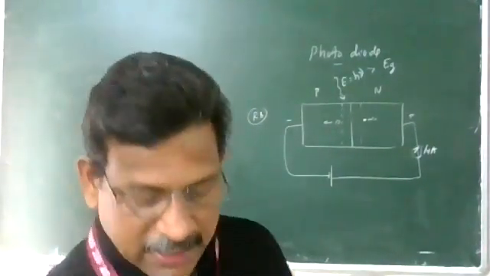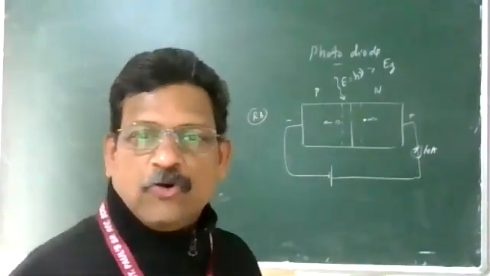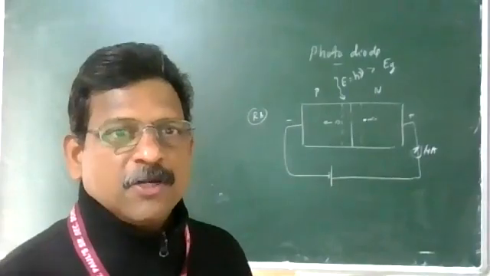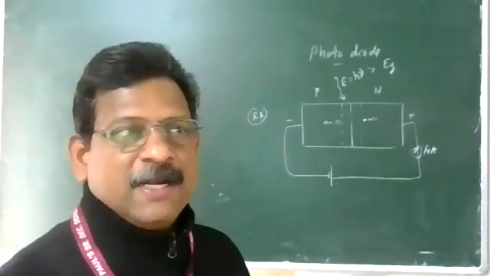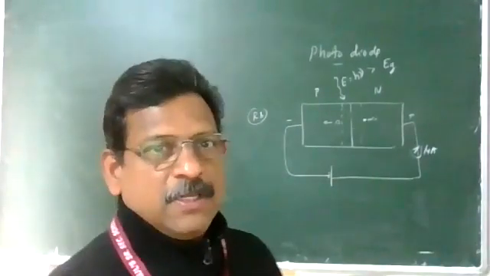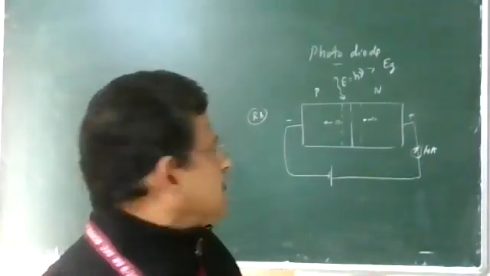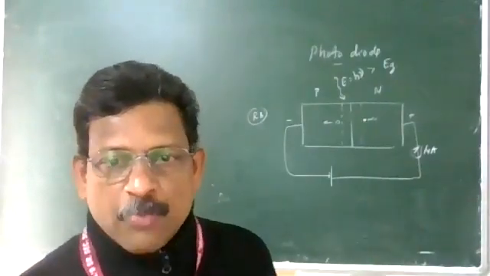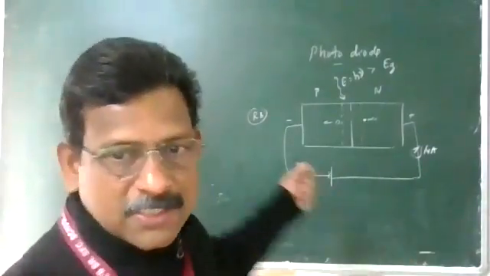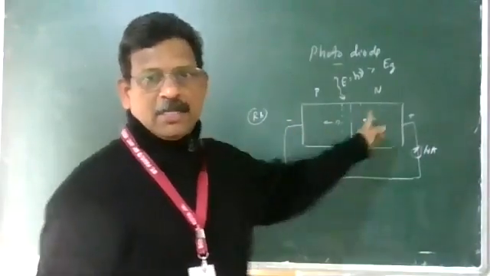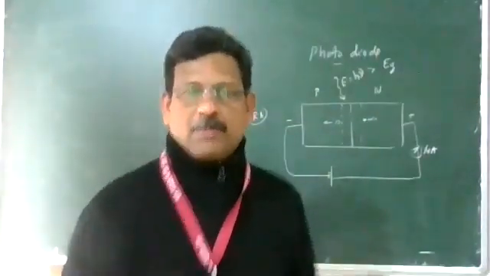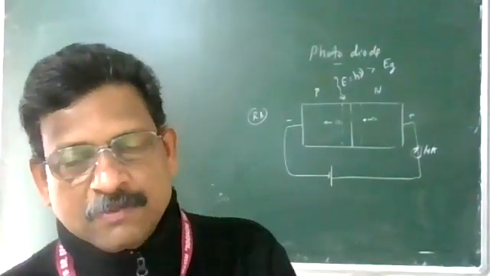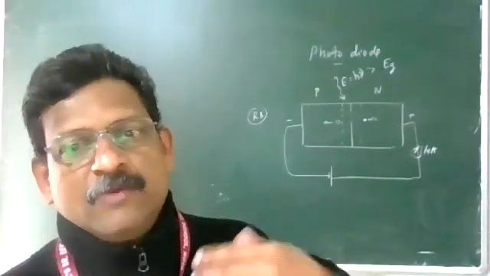So here the condition is that the energy of photons h nu should be greater than the energy gap. It is very similar to the photoelectric effect, where energy should be equal or greater than the work function. Here, equal or greater than Eg, the energy gap. Then electron-hole pairs are produced. They are separated by the reverse bias. Holes go this side, electrons go that side, the circuit is completed, and current is produced. So you can see a current. If there is a current, that electricity can be converted into any other form.